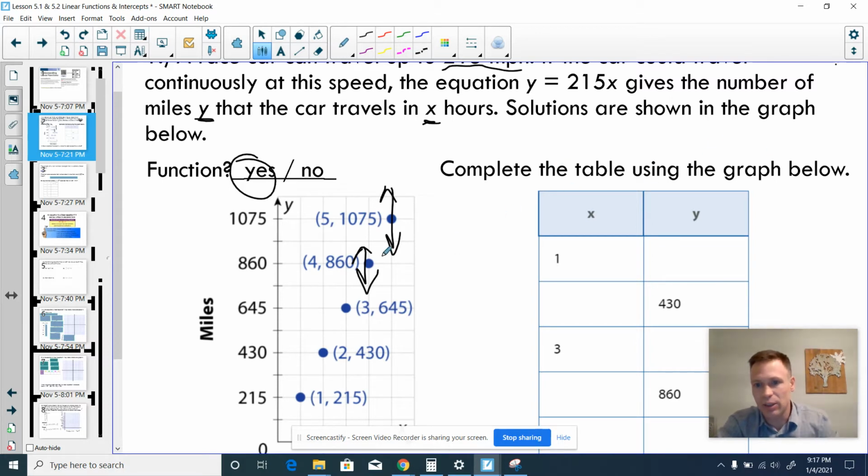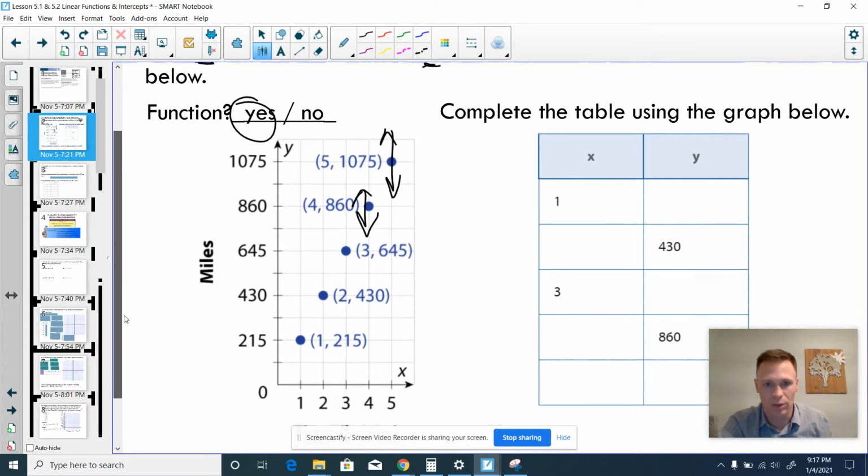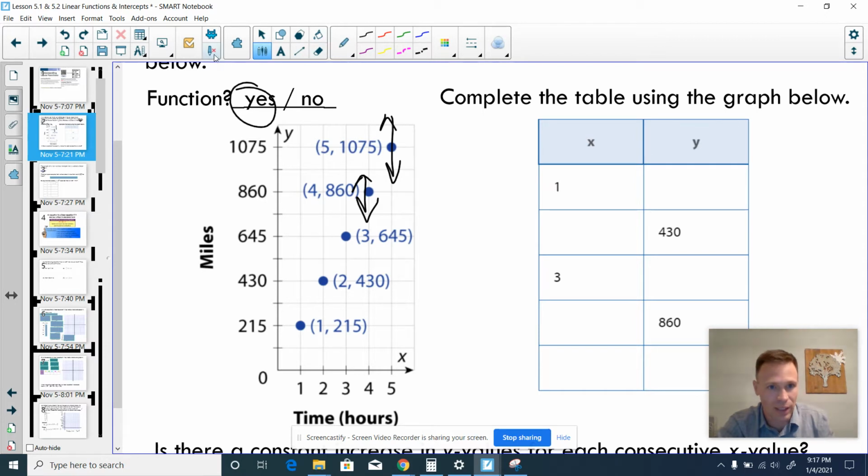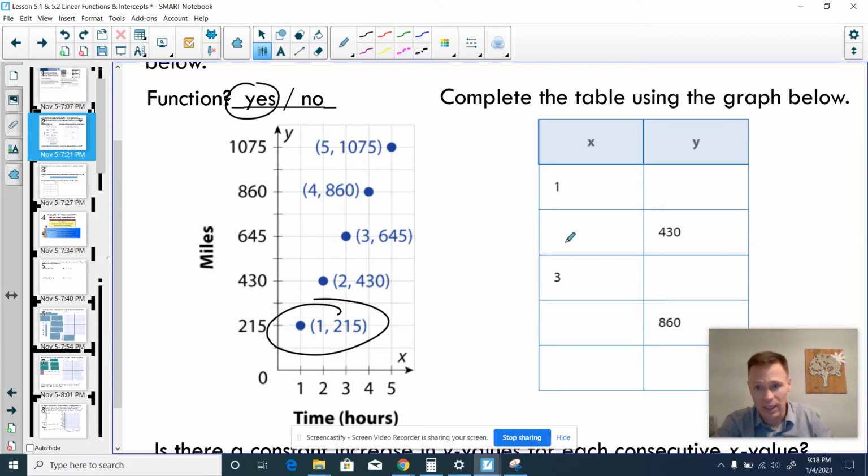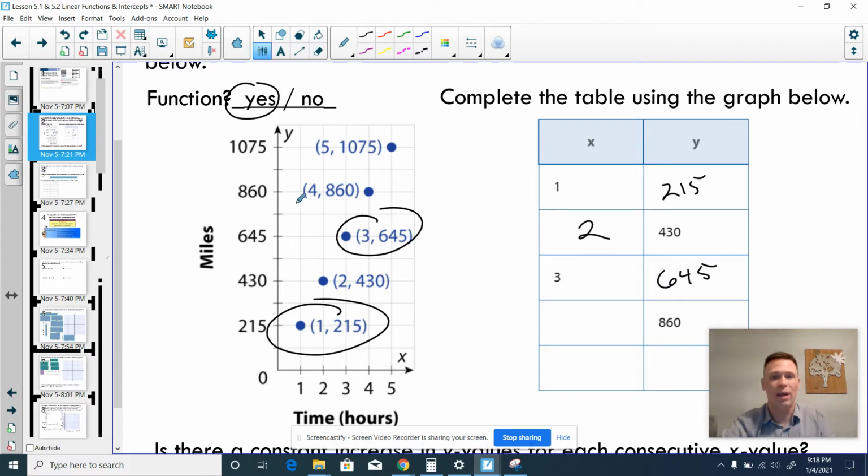And it's asking us to complete the table below. This is pretty simple because all we're doing is picking out corresponding points, right? So my y value for my first hour is 215 miles. For my second hour, I have 430 miles. After 3 hours, I have 645 miles. For 4 hours, it's 860. And for 5 hours, it would be